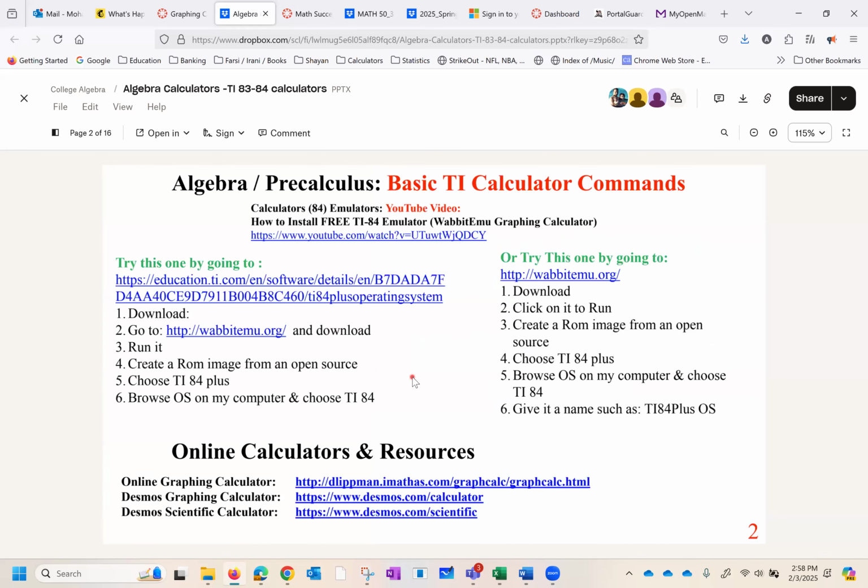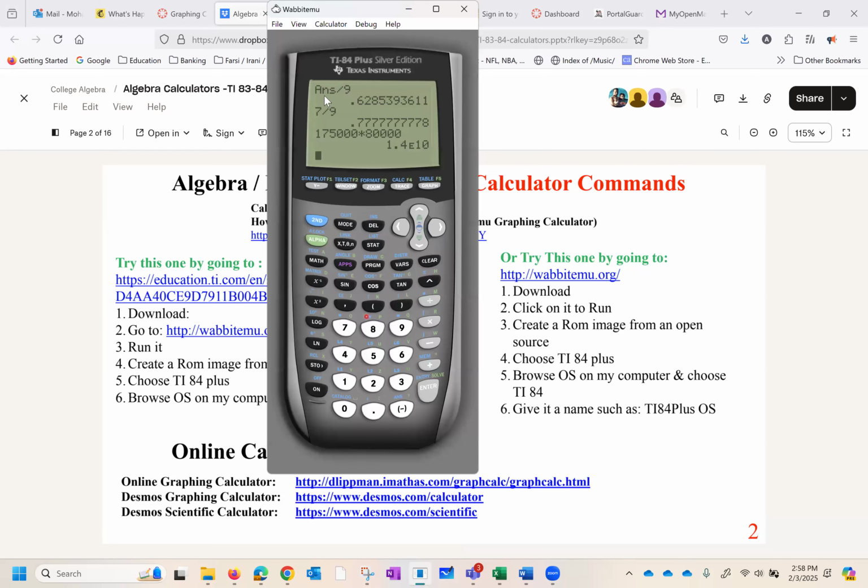Also, it gives you the information as to how to download the TI calculator. And if it works, and sometimes it doesn't, everybody, then you get a calculator like this on your computer.